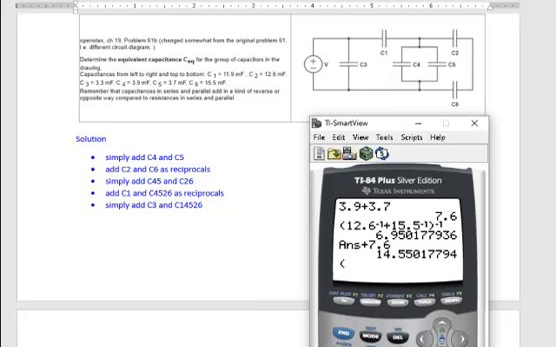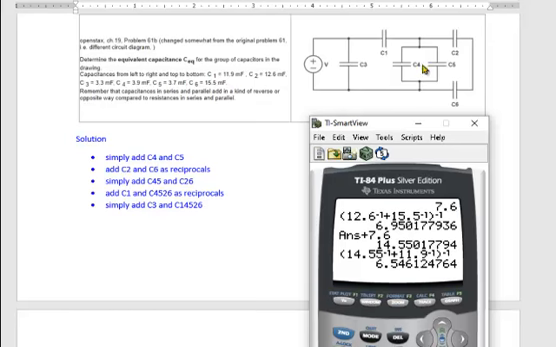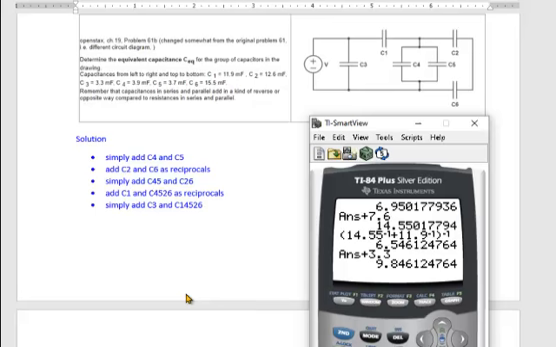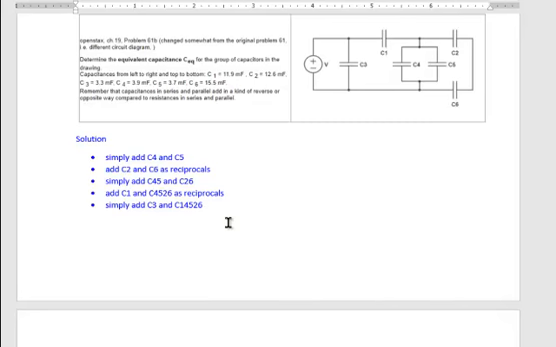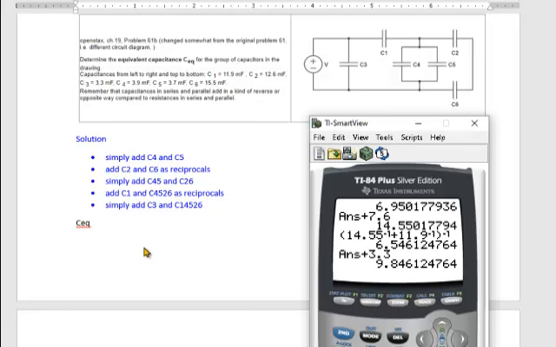So parentheses, 14.55 reciprocal plus 11.9 reciprocal, parentheses, reciprocal, enter. 6.54 is all the stuff on the right-hand side, which is in parallel with C3, which means simply add to C3, which is 3.3. There we go. Enter. So the total is 9.84 millifarad, or 9.85 millifarad. Actually, it's two sig figs anyway, so the equivalent is 9.8